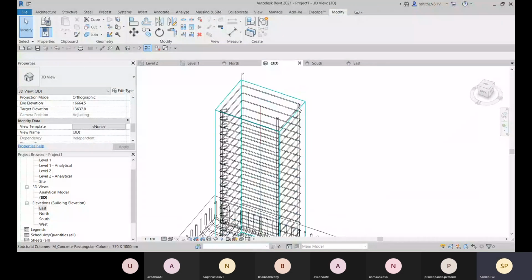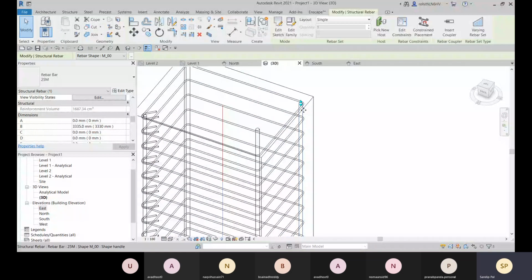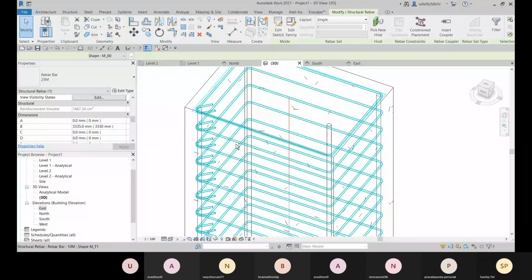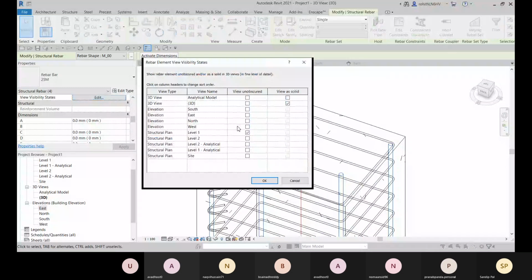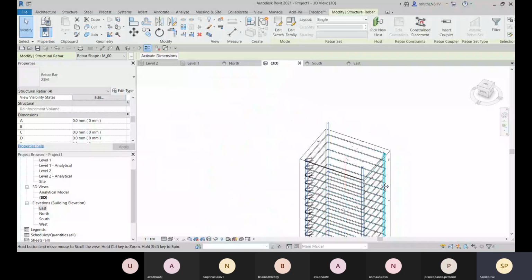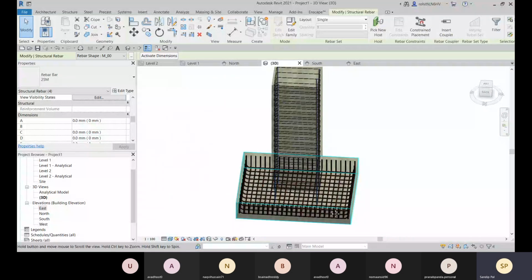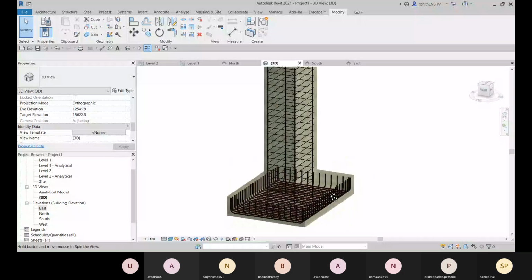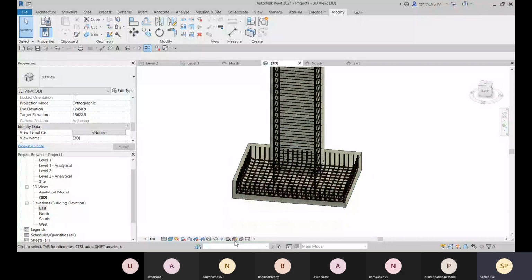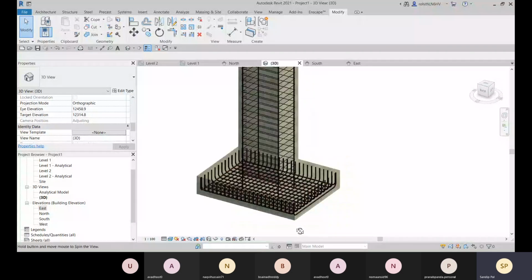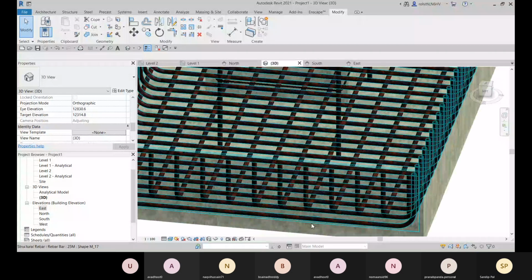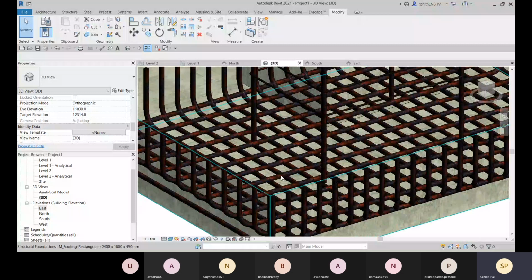And all the other vertical bars, click on the visibility states, view unobscured, click on OK. And these are visible in the realistic, as you can see, right? And here we have the analytical model, so you can hide the analytical model. These are the rebars, you can see.